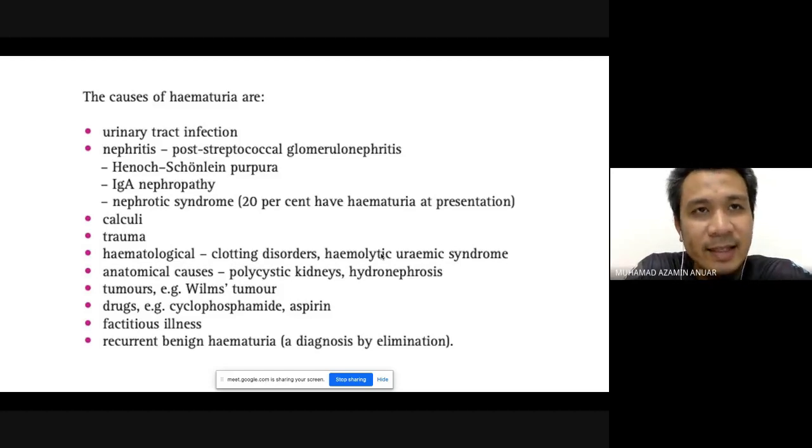So in this case, normally if you remove the child from the parent's care, the child gets better, ataupun the child remains normal, remains well, and then there's no further symptom. Kalau in this case, kalau dia ada hematuria, so the child will have no hematuria if you remove the child care from the parents. As soon as the parents are back and look after the child, the symptom will come back again. So those are very suspicious of factitious illness ataupun making up symptoms.